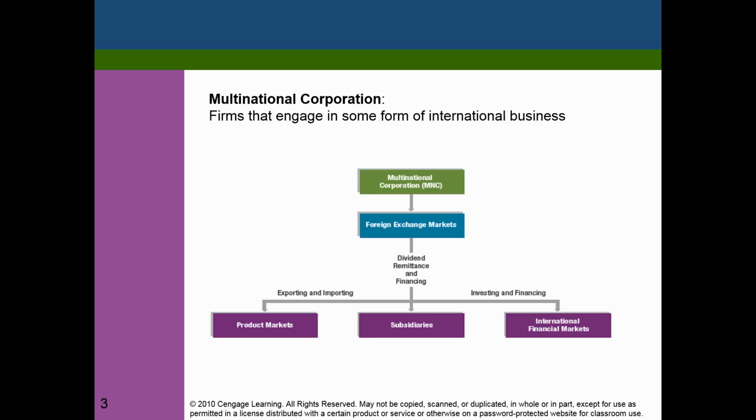So what that means is that you might be a company like Apple. You are selling your computers, you are selling your iPhones, and so on. So that would be the product market. And you might be exporting and importing your products. So let's say you're a Walmart. You might be importing your products from China, India, Bangladesh, and other countries.